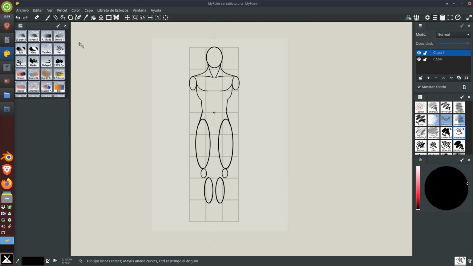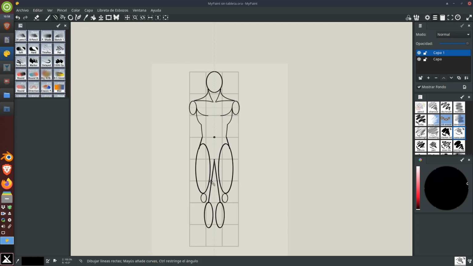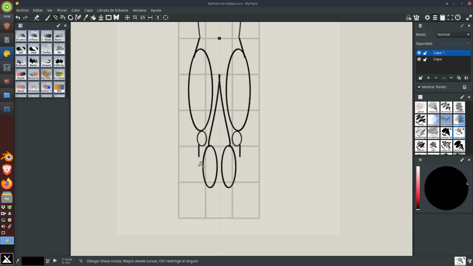And this is going to allow me to draw from here, which is the crotch, the inside of the thighs, shift, and again here the inside of the ankles, shift,